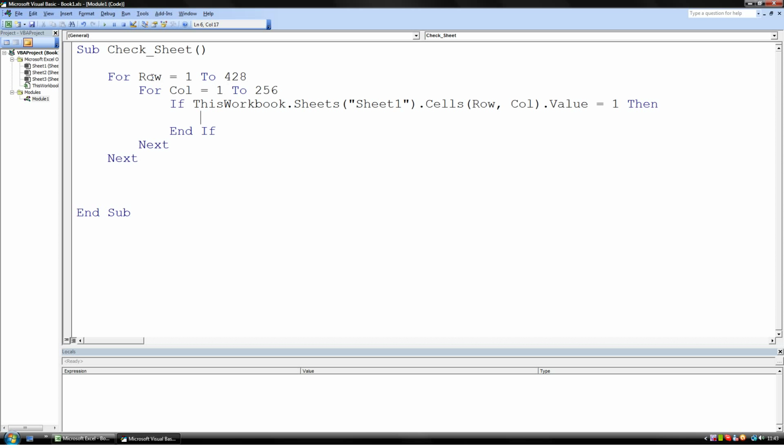So this is going to go through every row and every column to 256 and 428, and it's going to check each cell to see if it's equal to 1, and then if it is equal to 1 then I want it to change the colour of the background. So I'm going to show you how to do that now. I haven't covered this yet. So sheet 1 dot cells row comma column,